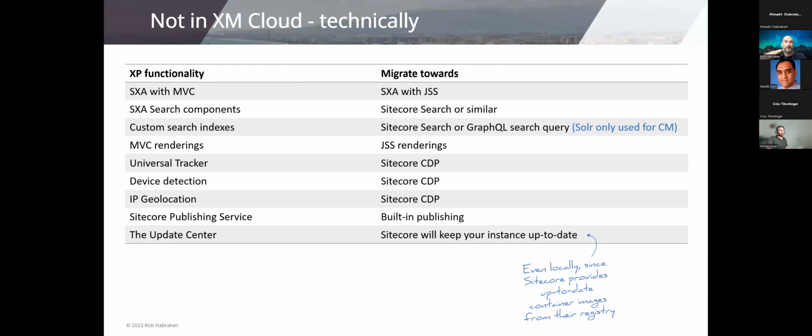And the Update Center is, I think, a very nice one to mention because... Sorry, do you have a question? No, I unmuted him. I think there was some background. Okay, no problem at all. I thought you might have a question. Okay, so